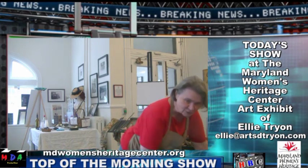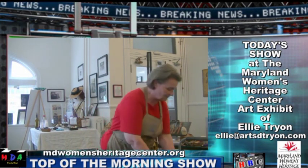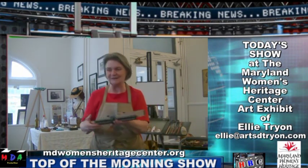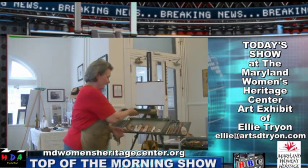I don't do pastel much in plein air because you need to have not only the frame when you put things together. With oil, I can just pop it in a frame and I'm ready to go. With pastel, you need the frame, the mat, the spacer, and glass, and glass can break, and glass makes me nervous. But this is the cool thing about this. This is what this comes in. I can set this up on this here,